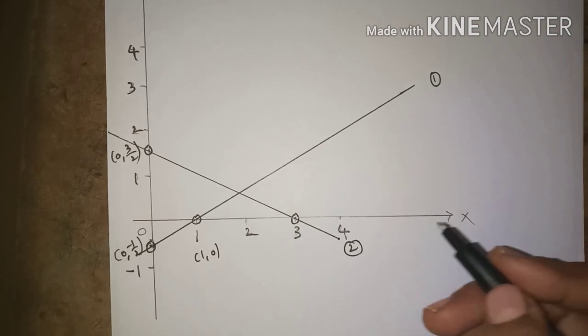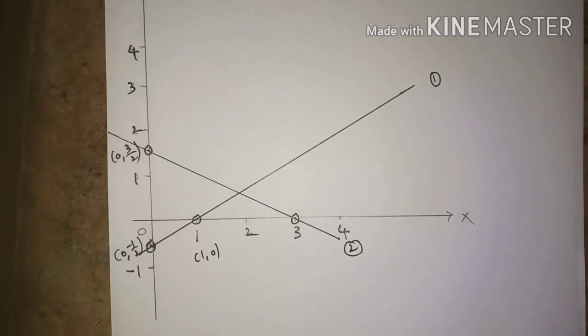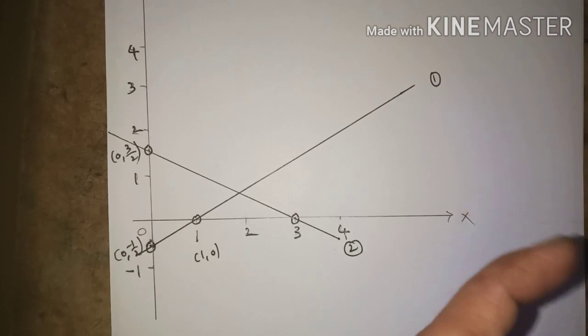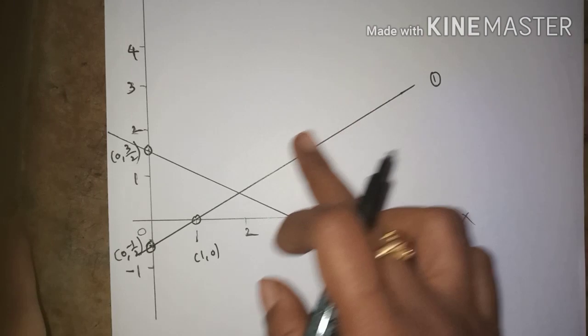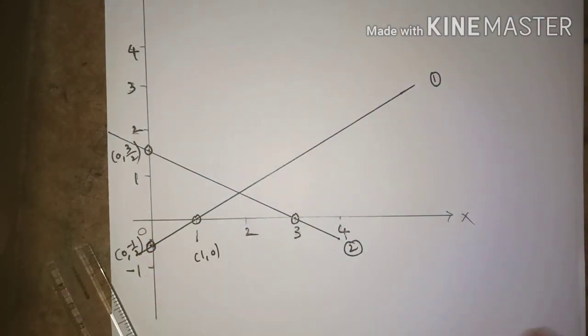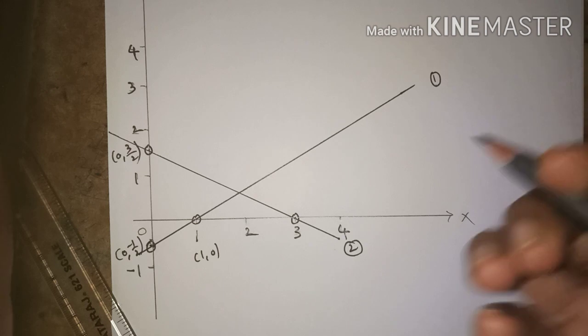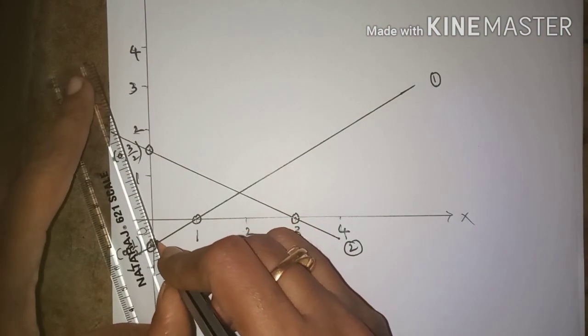The first constraint is having a less than or equal to symbol. If the less than or equal to symbol occurs in any of the constraints, we will get the shaded region having the origin. If the symbol is greater than or equal to, then the shaded region does not contain the origin. You remember this one. Now if you observe, the first constraint is having a less than or equal to symbol. Therefore, the shaded region has the origin. That's why I will draw like this.